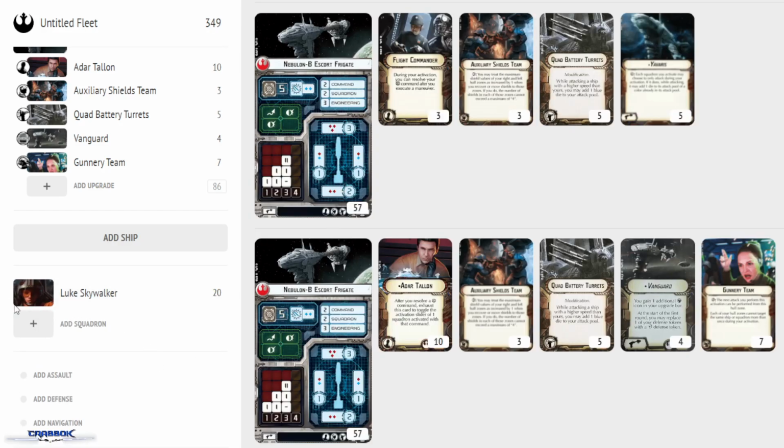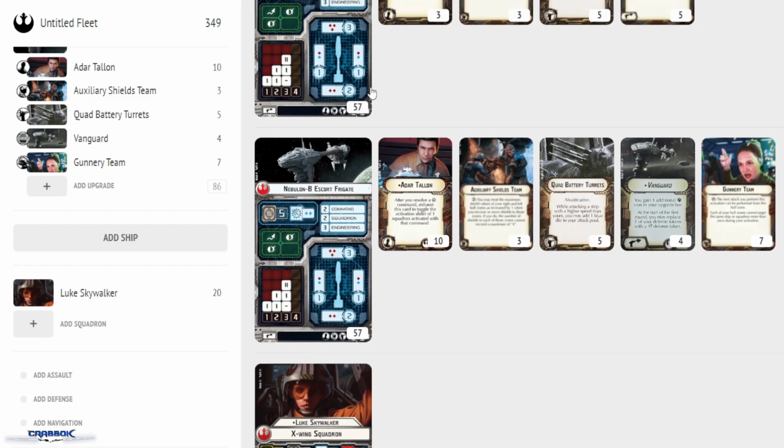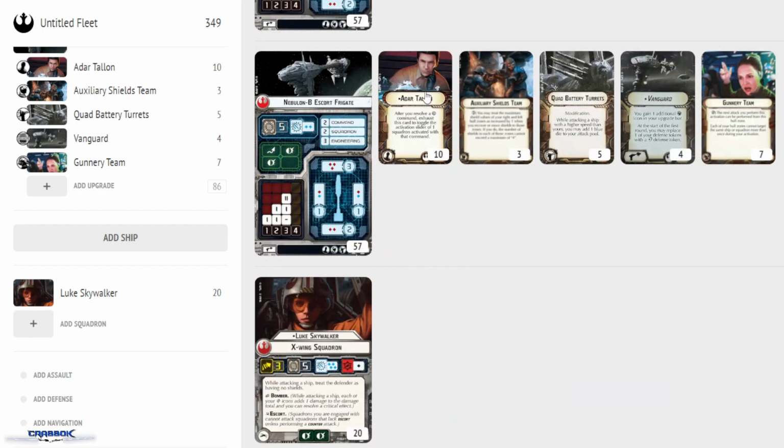So Luke. Of course, we're going to have Luke. Luke is just a really good squadron to have. He's expensive. You're definitely paying for him. What I always liked him with is Adar Talon. I always liked him with Yavaris. I think he's one of my favorite Adar Talon targets because of the fact that you're kind of getting...